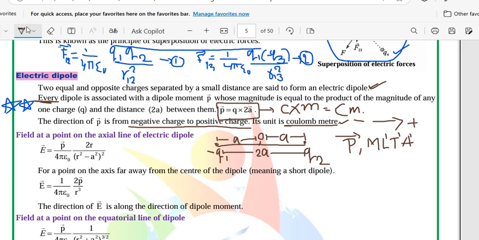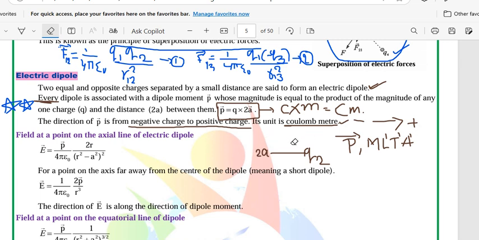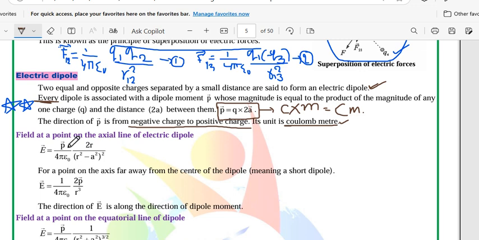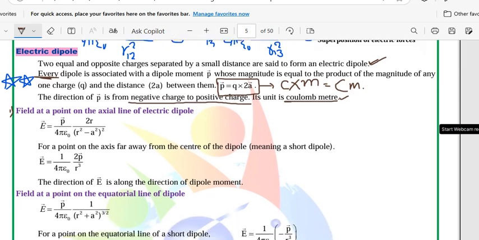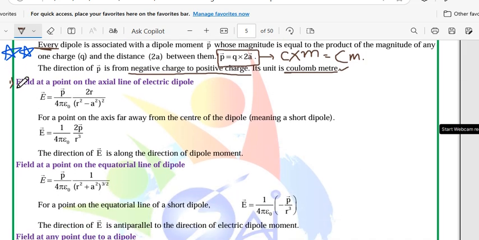And there are some applications related to electric dipole. So let's go further. I hope this concept is clear to you. There are some application type of questions related to the electric dipole. First and foremost thing that we need to learn is the field at